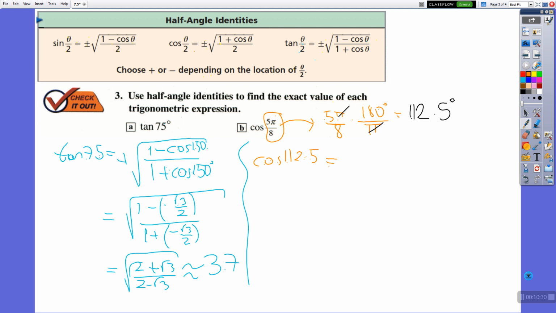Let's look at the formula. 212, what's the sign of that? 212 is in the second quadrant. Second quadrant, cosine is negative. So here you'll have negative square root of, apply the formula, 1 plus cosine theta. This is theta over 2. Theta will be double of it, which is 225 over 2. So it's negative